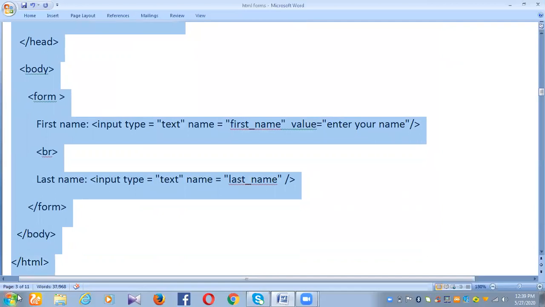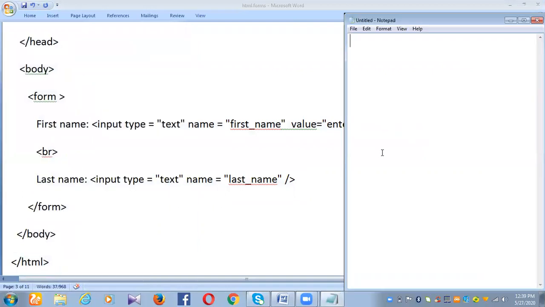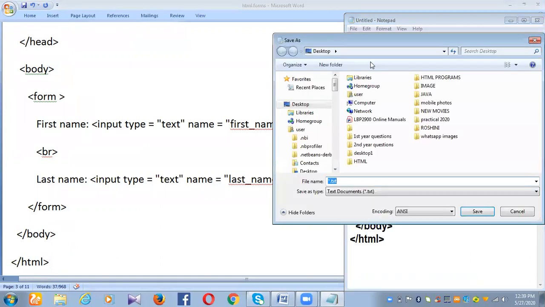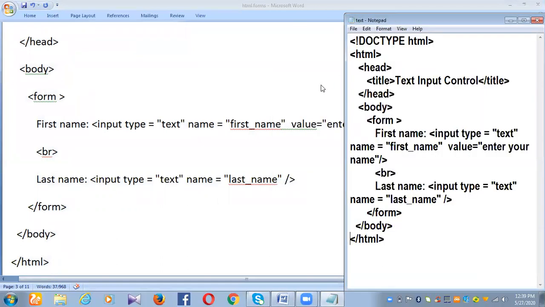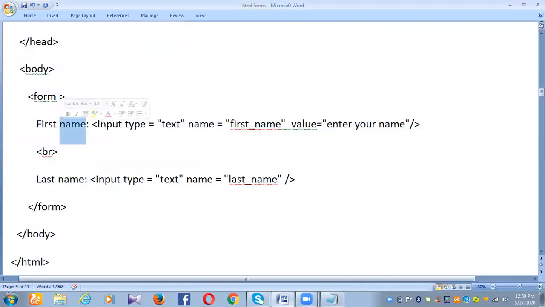Open the notepad, paste it, and save it as text.html.